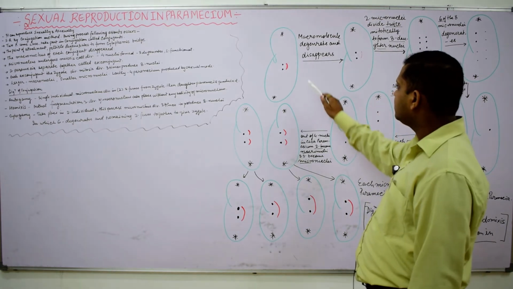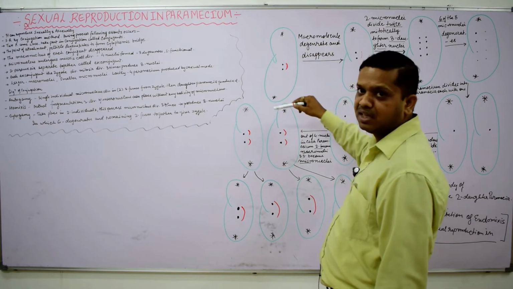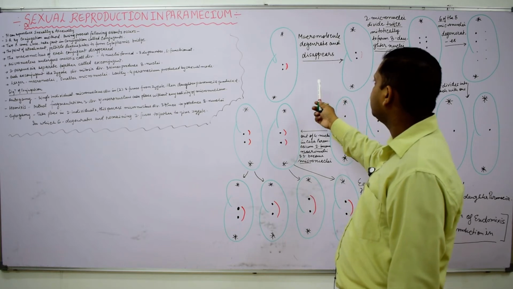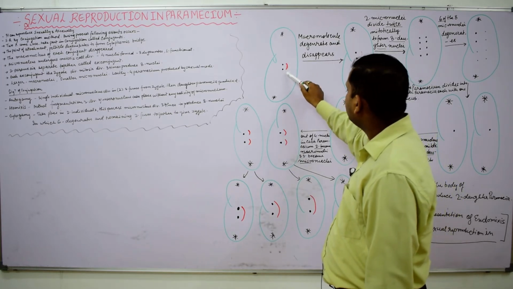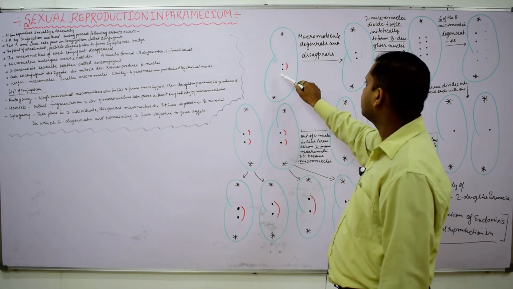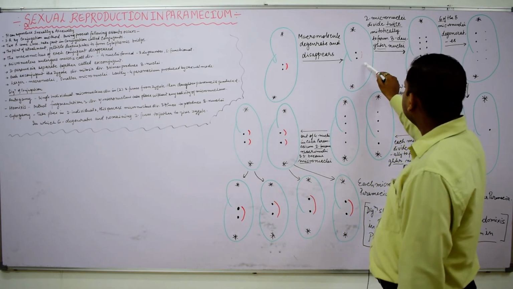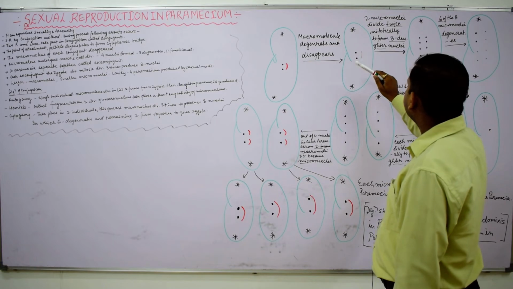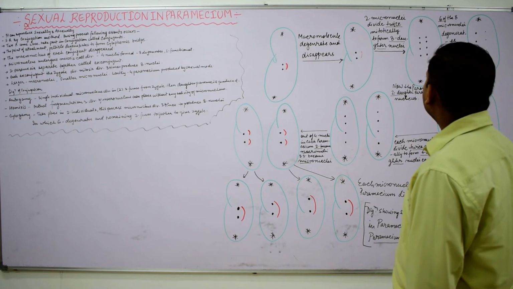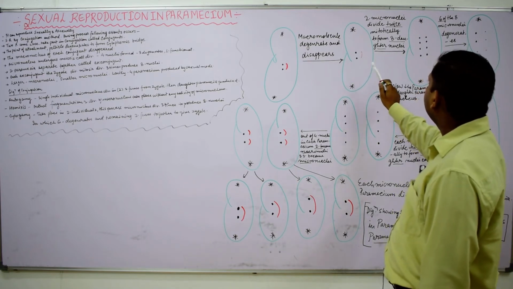unicellular. Here in this diagram we see a single Paramecium whose macronucleus degenerates and disappears. So you will see this is the macronucleus and these are the micronuclei. The macronucleus degenerates and disappears, which is shown in the second diagram with the help of a dotted structure. In the second diagram we will see that two micronuclei divide twice mitotically and form 8